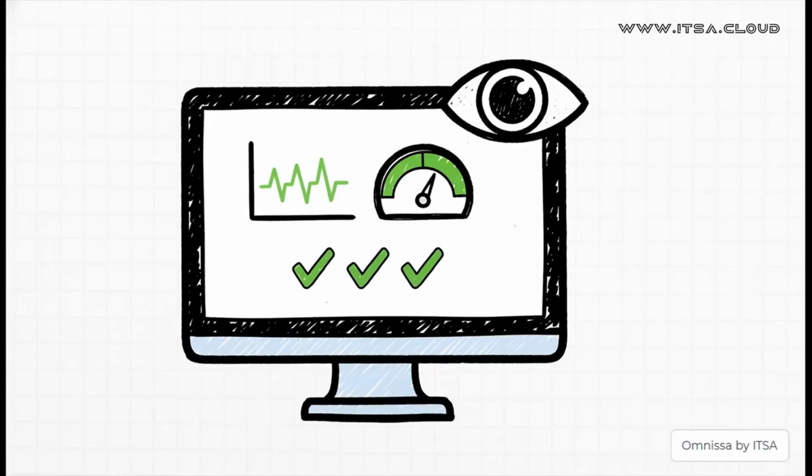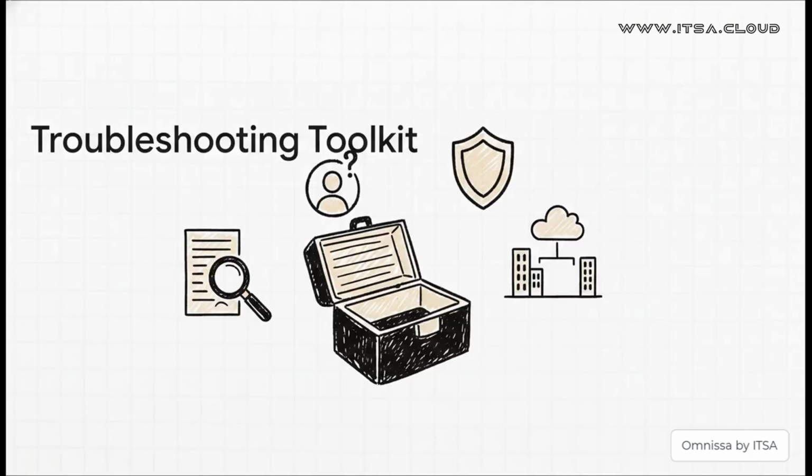Okay, so you've built your environment and you've secured it, but how do you know if everything's actually running the way it should be? Well, that brings us to our third power, monitoring system health. This is like your early warning system, giving you a real-time view into the performance and stability of your entire infrastructure. Think of the Horizon console as your go-to troubleshooting toolkit. Need to investigate some weird error? You can dive right into the system event logs. A user calls in saying they're having trouble with their session, you can troubleshoot it right from the console. And if you have big, complex, multi-site setups, you can manage them all as one single unit, using something called Cloud Pod Architecture. It's all there.